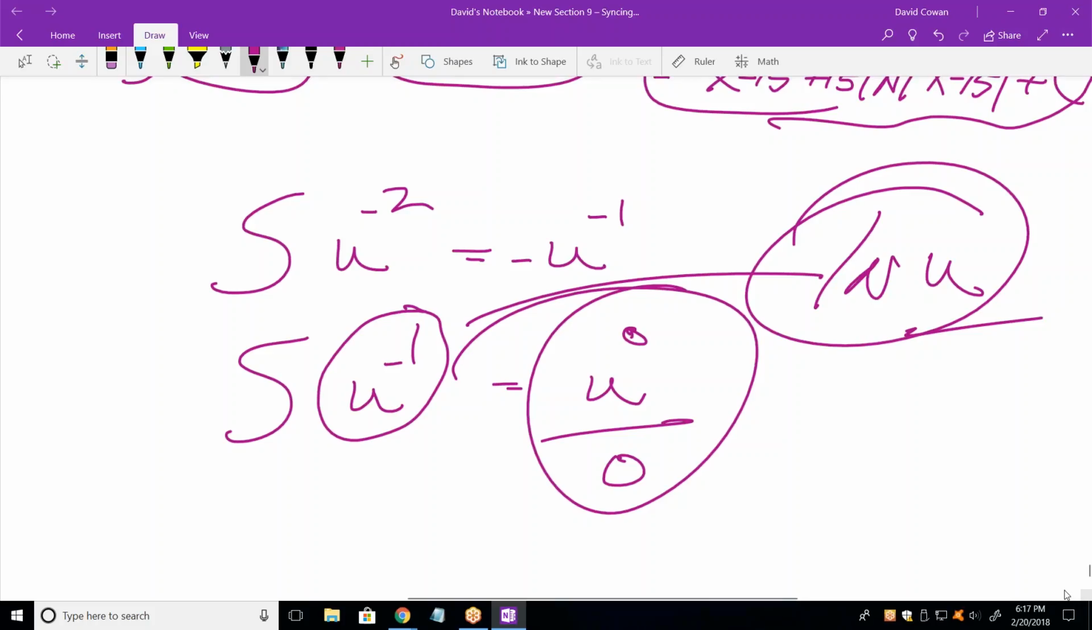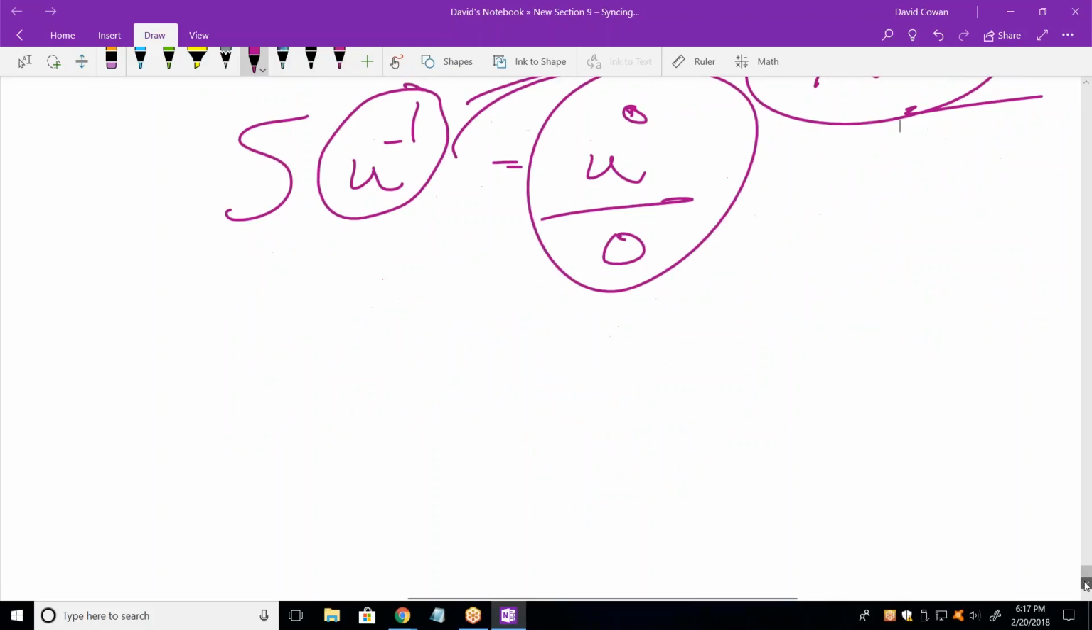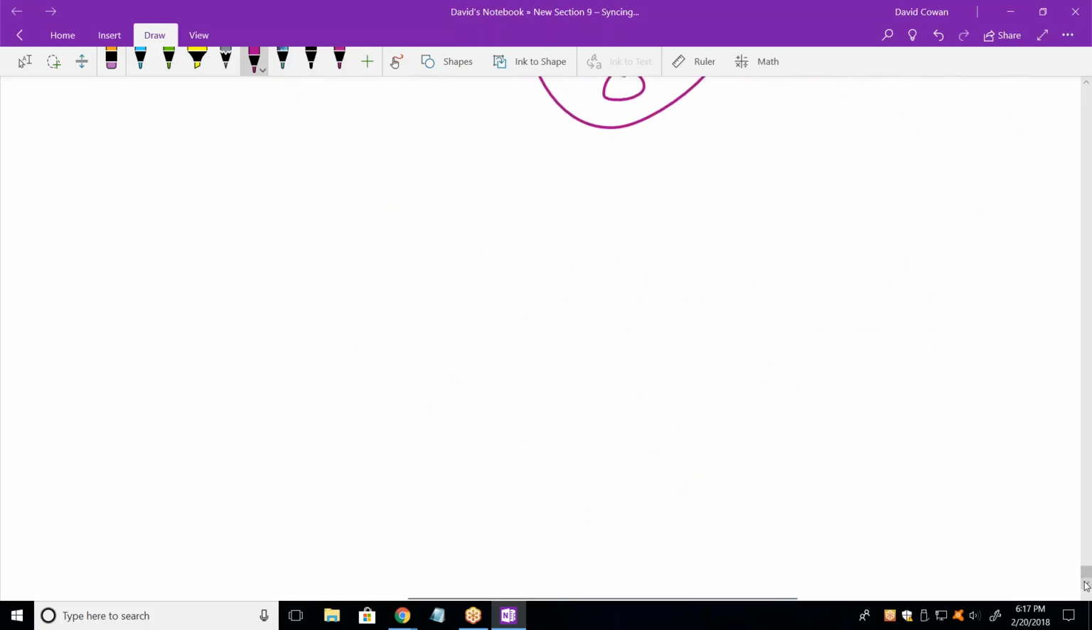Are there any other ones you have to memorize like that? I don't think so. Those are the biggest thing that the natural logs can be a little tricky. And I'll tell you why. Let's say I had something like